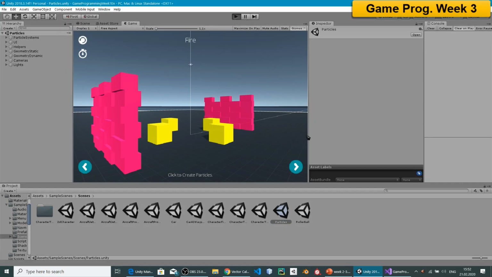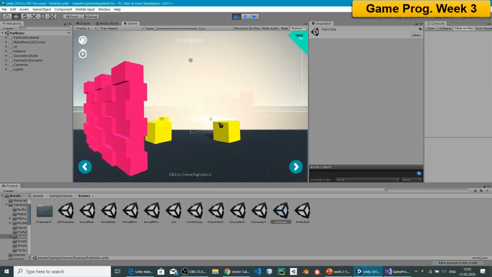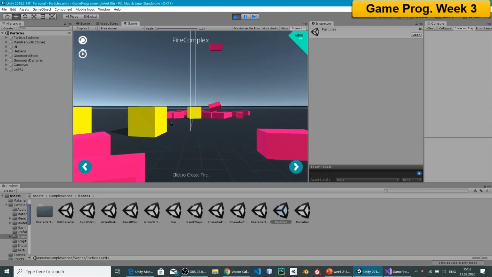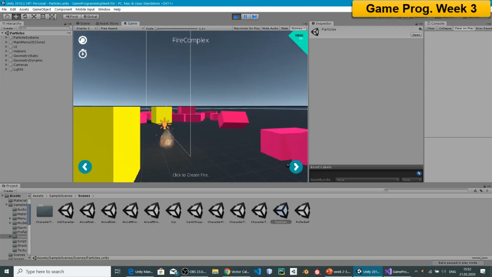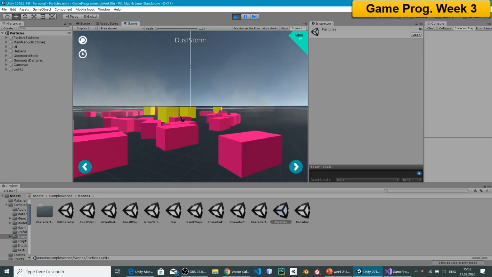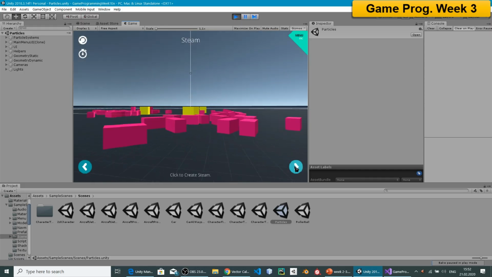Okay, here we have explosion and fire. And then fire mobile, then dust storm, then steam,